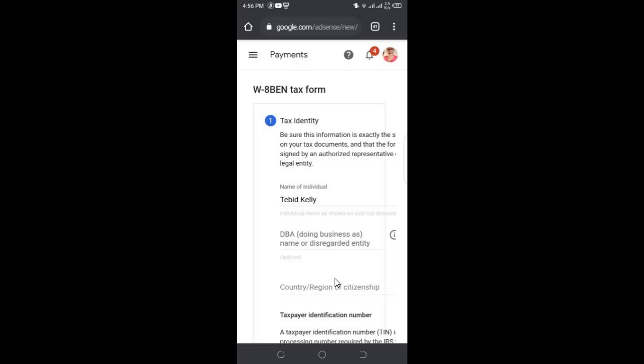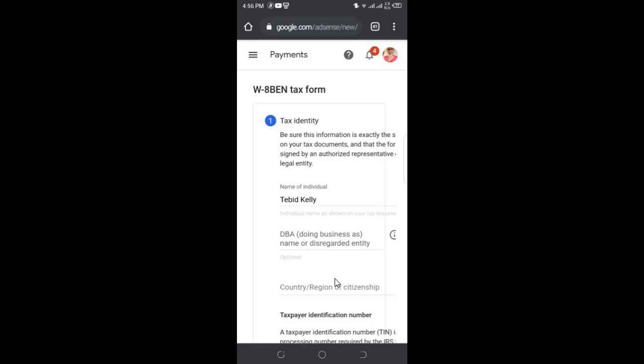So what you do here is, once a year you try to get someone overseas. If you're in Africa, you try to locate someone overseas, maybe in the United States or in Germany, somewhere like that. You try getting his tax info, and if possible you could do some partnership, where you give him a certain amount of money when your earnings come, or you just do a one-time payment for him to provide you this tax document. Let's say you get someone from Germany or some other country in Europe, Portugal, or anyone.